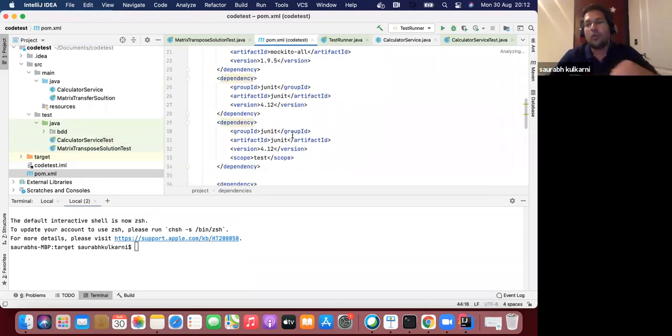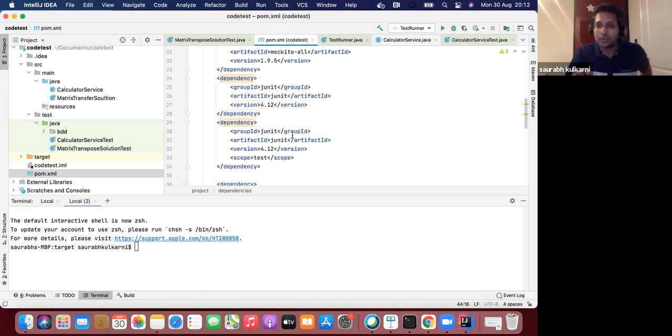Because the tool we are using for the test driven development approach, TDD, is JUnit. Now how does my project know that? Because the framework is JUnit, and assume that your project, you're building it from scratch, doesn't have JUnit.